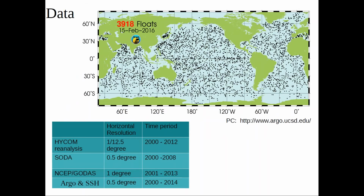This is the data that is up to date, updated yesterday. 3,918 floats are currently available in the global ocean. The data I am going to show here is used up to 2014, starting from 2000. And the other 3 model products that we are using are the HYCOM analysis,